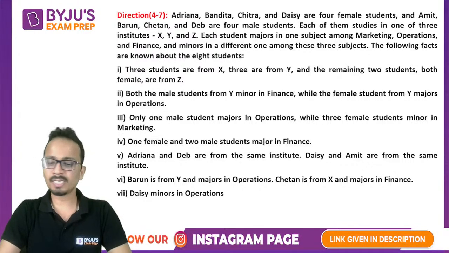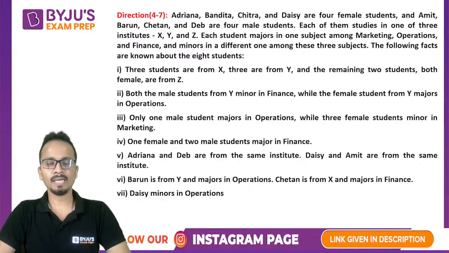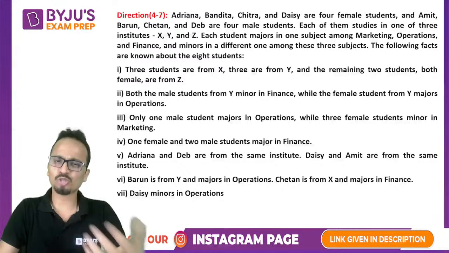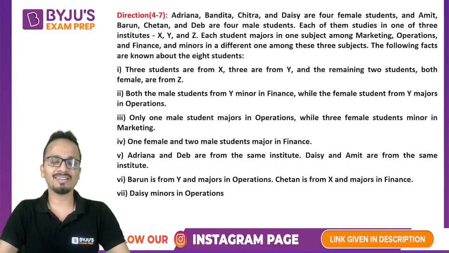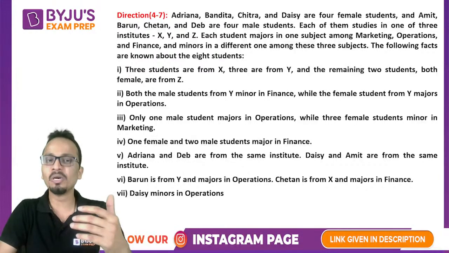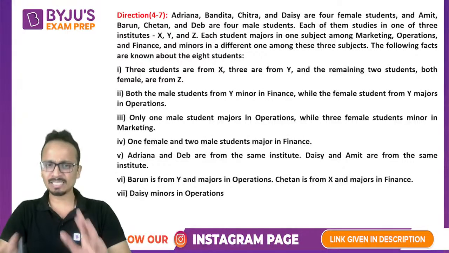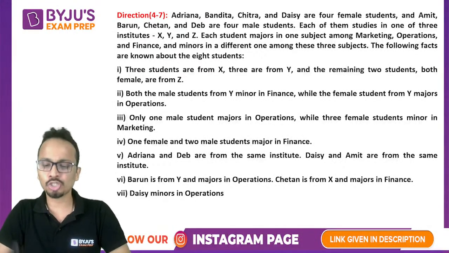All right, 30 seconds more and then we'll start with the discussion. All right. Now, I understand that this is a difficult set, difficult to solve in 5 minutes. But my constraint is we are live on YouTube, so I cannot give you 15 minutes to solve this question. Please understand the constraint, but let us understand the way the questions should be dealt with.